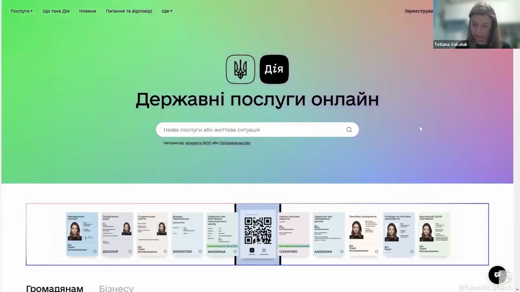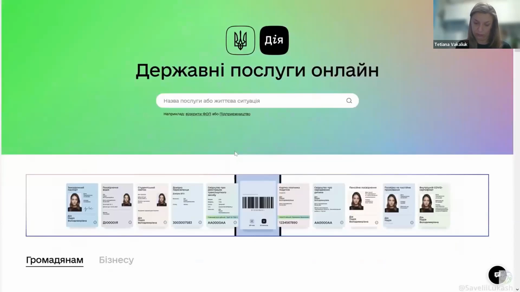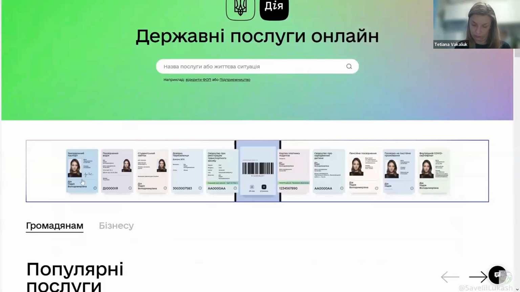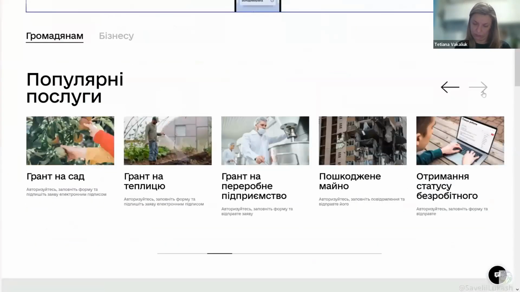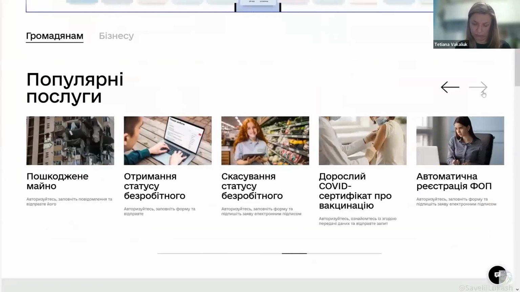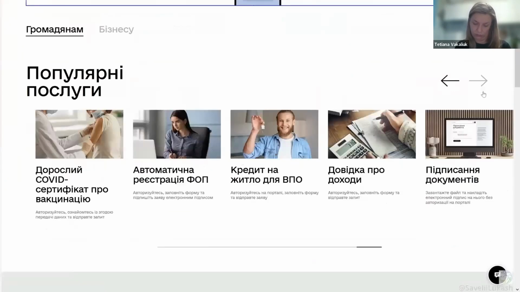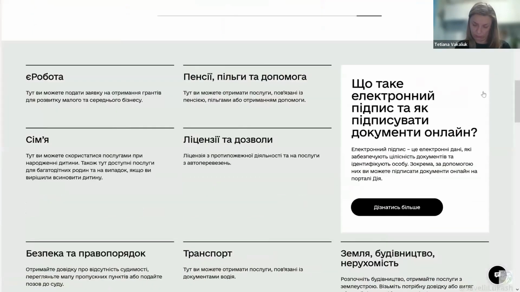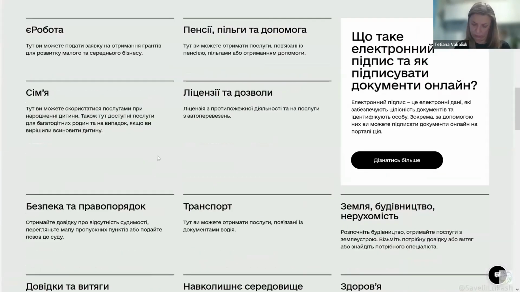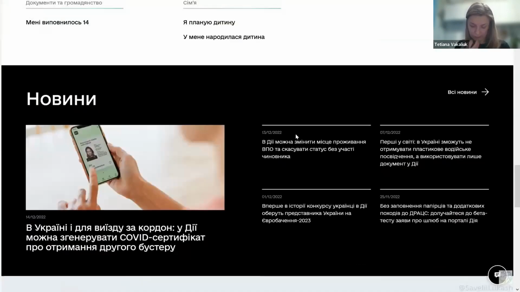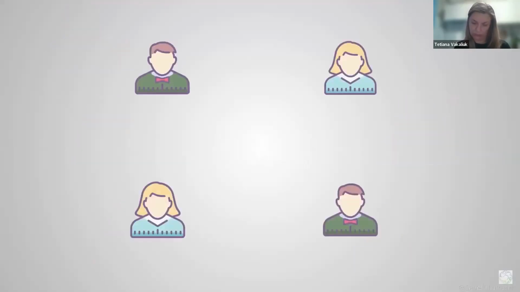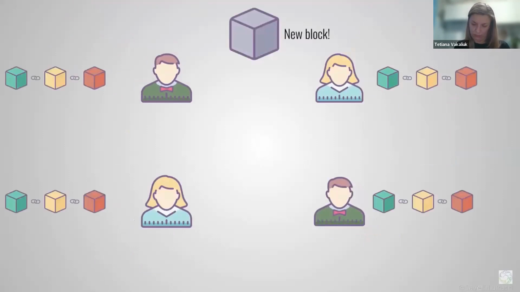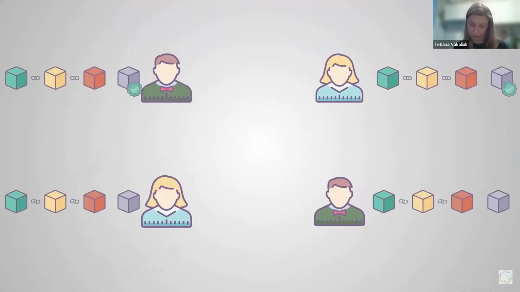DIA allows people to use digital documents with the help of mobile app instead of their physical counterparts. However, the disadvantage of such service is its centralized nature. That is, users heavily depend on the IT team of DIA to keep everything stable, working as expected, and have 24/7 uptime. To mitigate these drawbacks, we could also make a good use of blockchain and NFTs to emit, distribute, and validate various types of documents and certificates in a decentralized manner.